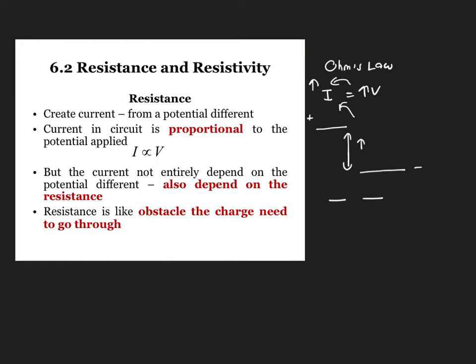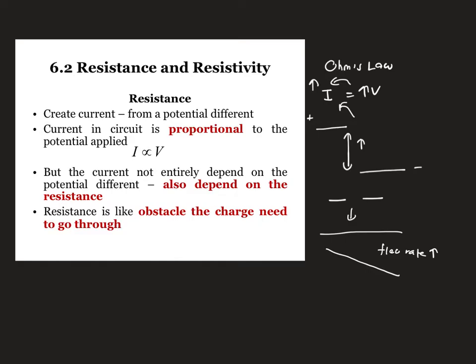For example, if the river is nearly level, the flow rate is going to be smaller, but if you have different levels of river, the flow rate of water is going to increase. It's the same as the battery. When you have a high potential difference from the battery, definitely you are going to have a high current